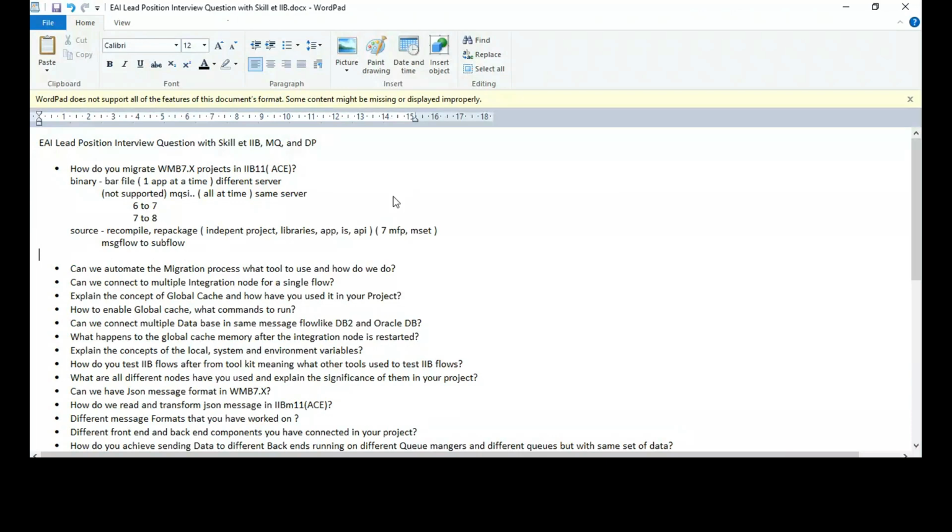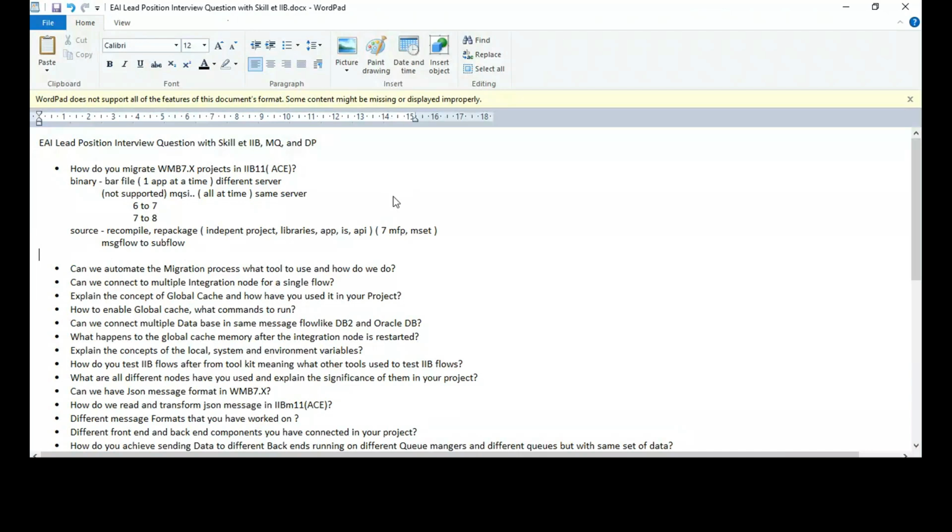So change that extension from .msgflow to .subflow, since they are logical structures in 7 and physical entities in 10. In 7, both the files are .msgflow. In 10, you want one of them to be .msgflow and the other to be .subflow. So you will have to right click on that flow and say convert this to a subflow.